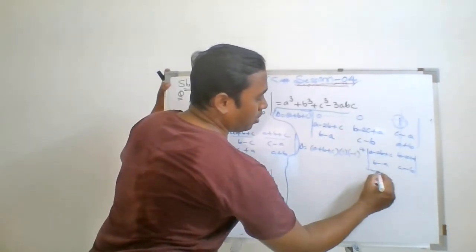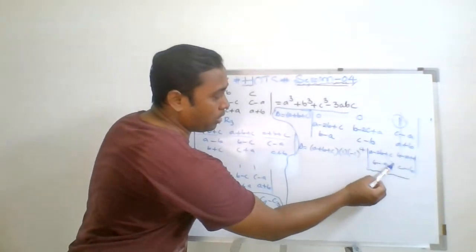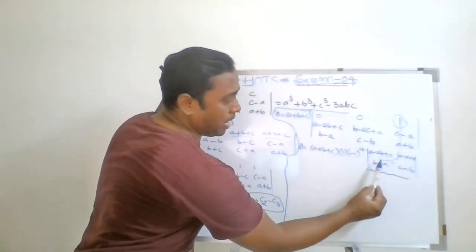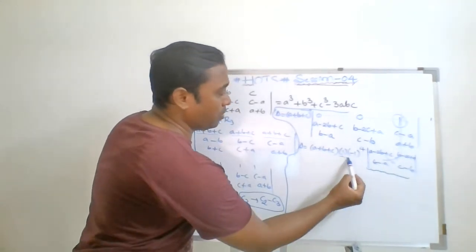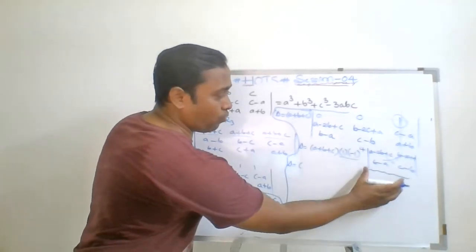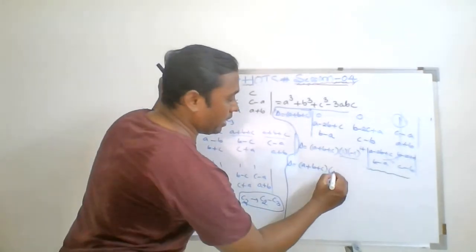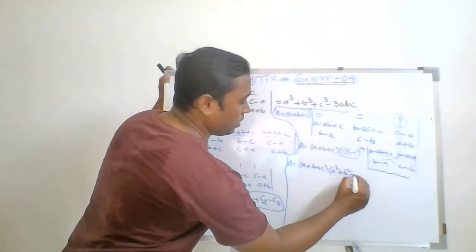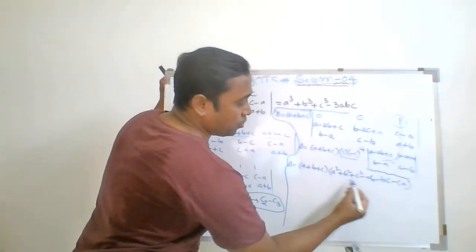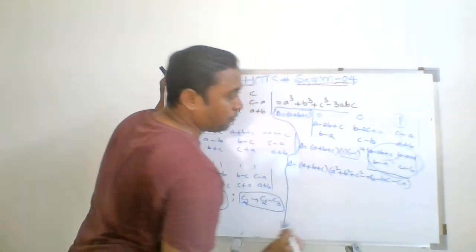Now the only thing is just solving this 2 by 2 determinant. How can we solve it? Just by criss-cross multiplying: the product of these two elements minus the product of these two elements. And this factor would be 1 into 1, 1 only. So once you simplify this, you will definitely get this factor: a square plus b square plus c square minus ab minus bc minus ca. So this factor will be obtained just by simplifying this 2 by 2 determinant.